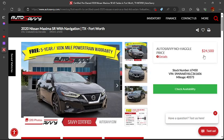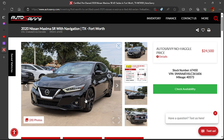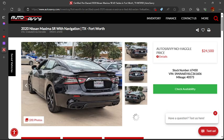Be super careful when you see something and you're like, man, that deal's too good to be true. Just do a little bit more research. I know it's really hard whenever you see something that just pops on you. Like this one's beautiful, black on black, looks awesome. It's the SR. But if anybody jumps the gun on it, gets out there with a check in hand